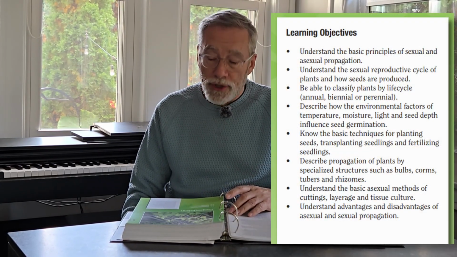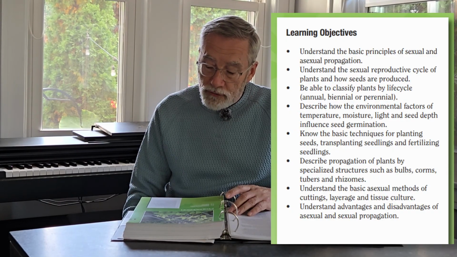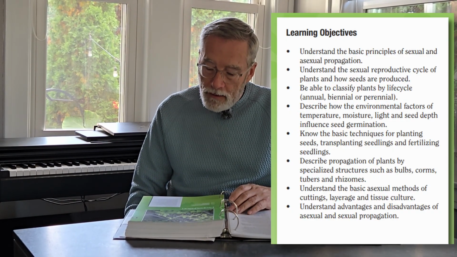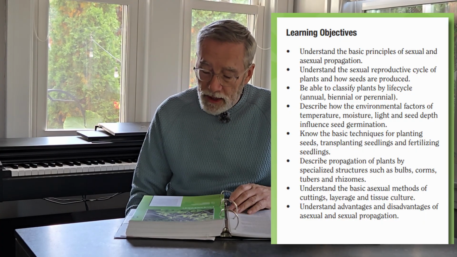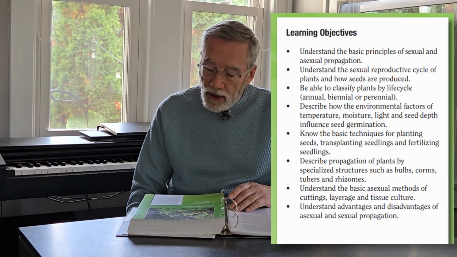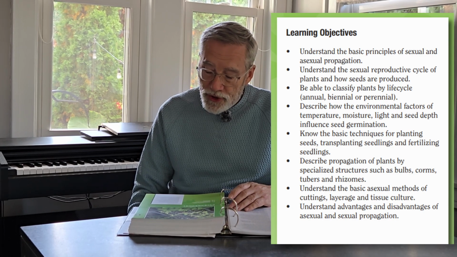So this next section of the Illinois Master Gardener program was on propagation, and the learning objectives were: understand the basic principles of sexual and asexual propagation, understand the sexual reproductive cycle of plants and how seeds are produced, be able to classify plants by life cycle, annual, biennial or perennial,